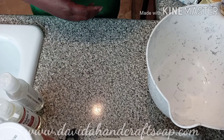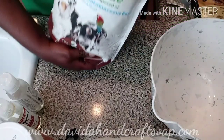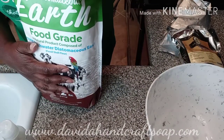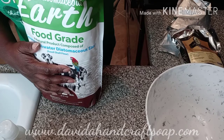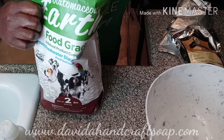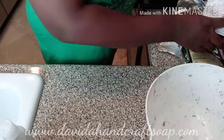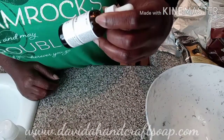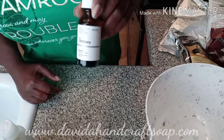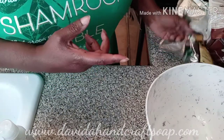We're going to also have some diatomaceous earth. I believe that's how you properly say this. Let me scoot you up a little bit. So that's this. If I did my research properly, this is crushed up shells. And we're also going to use some, I don't know if I'm pronouncing this properly, I believe this is pronounced mandelic acid. I bought this from The Ordinary. This is also a from bitter almonds. We're going to use some arrowroot,